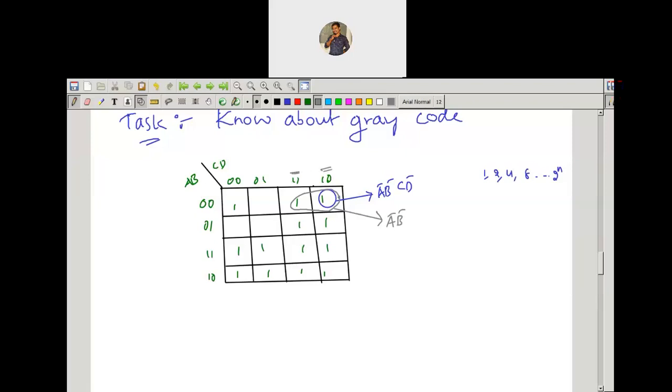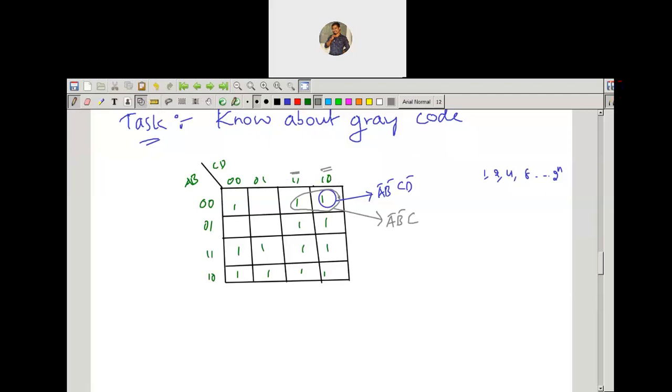You have to take the variable that has the common value. On the top side, there are two columns, the 1 1 column and the 1 0 column, that is CD and C D bar. In these two columns, which variable has the common value? Here C value is 1, D value 1. In the other column, C value is 1, D value 0. So C is the common variable, that is, C equals 1 is common and D is not. So I take the common variable C, and the expression will be A bar, B bar, C.